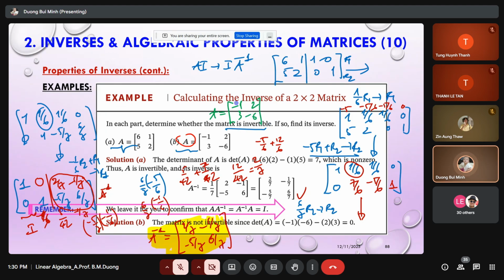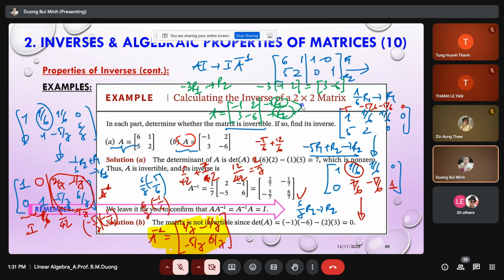If you observe this matrix, we say this one is R1 and this one is R2. If we multiply R1 by minus 3, it becomes R2. So minus 3 times minus 1 and 2 gives 3 and minus 6. That means R1 and R2